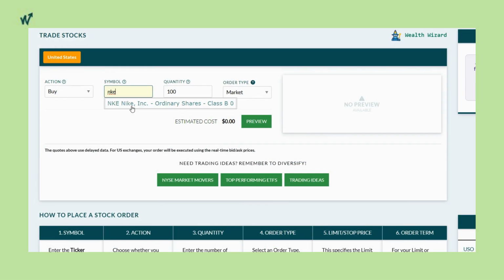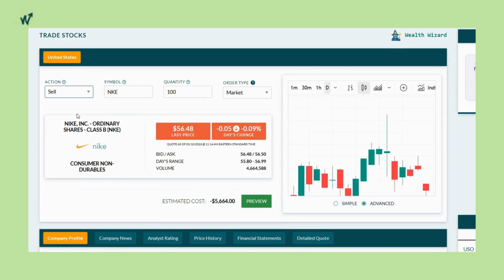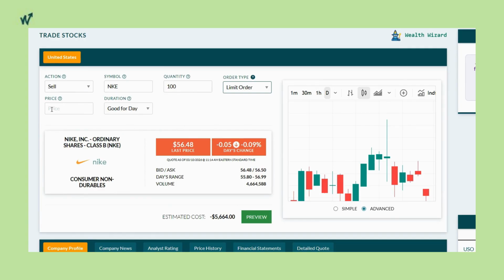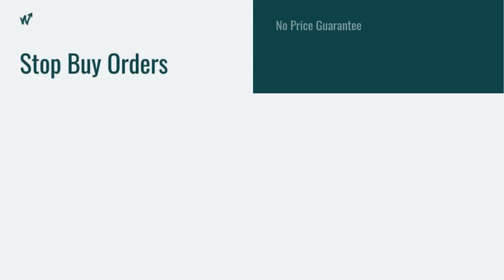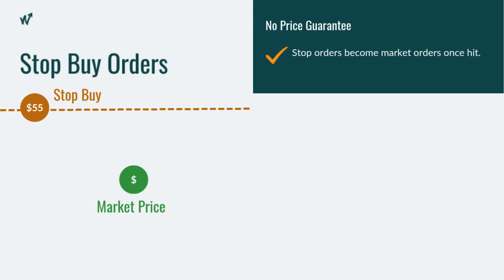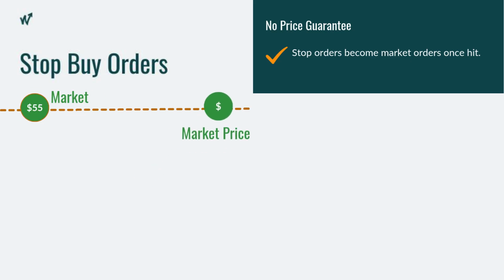To set this up, enter the symbol for the stock you already own. Then pick Sell and Limit as your order type and type in the price you want to receive. The big difference here is that a limit order guarantees your price, but a stop order does not. Once a stock hits your price, a stop order turns into a regular market order to make sure the trade